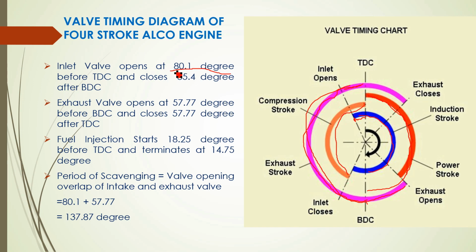So inlet valves open here. As we can see, here the inlet valve opens and the exhaust valve is also open. The supercharged air, at a higher pressure than atmospheric pressure, reaches through the inlet valve and pushes out the burnt gas. This process continues up to 57